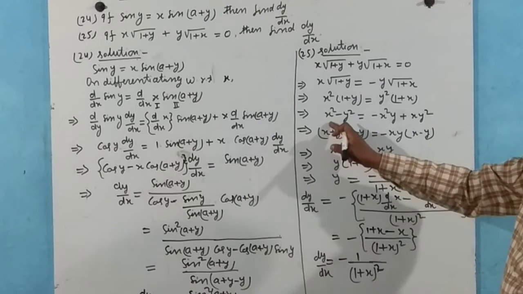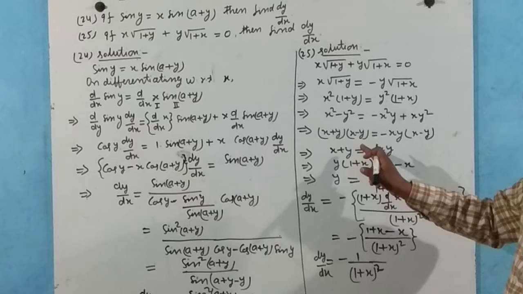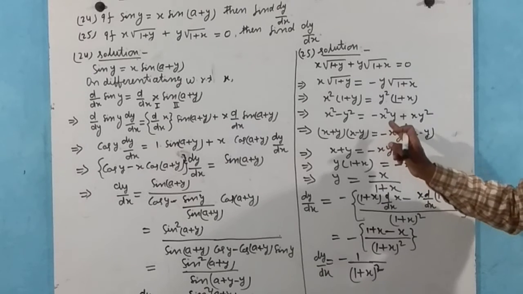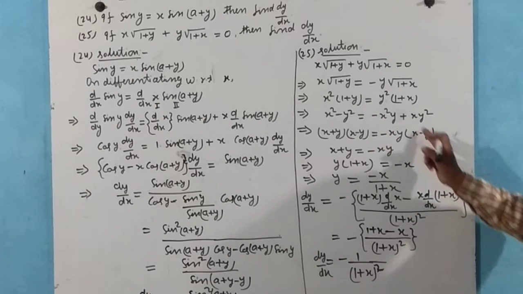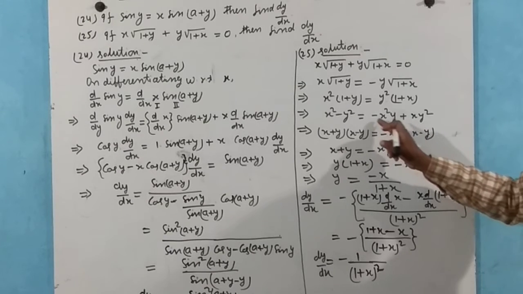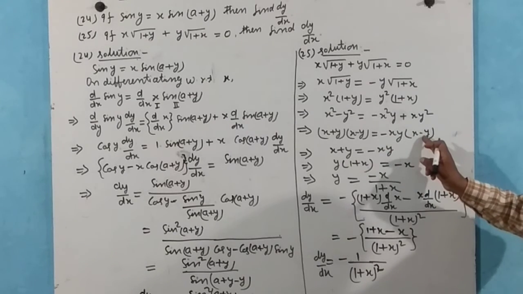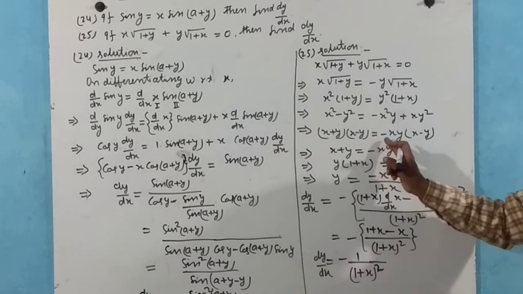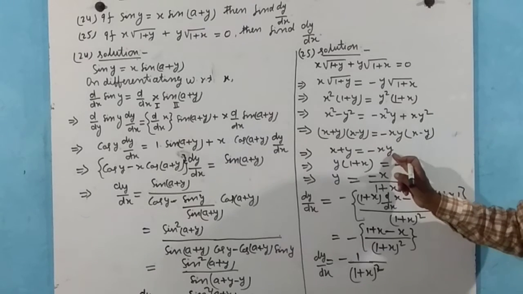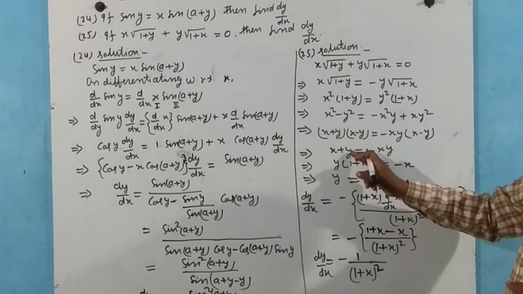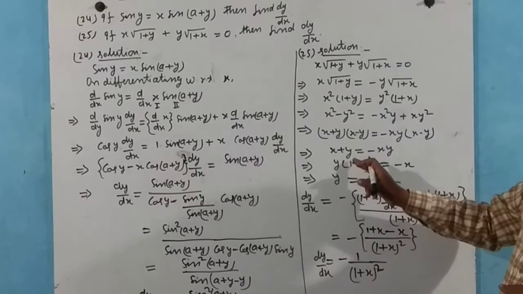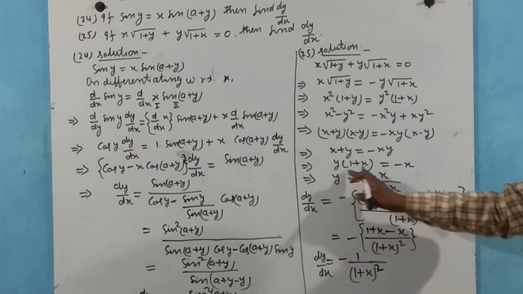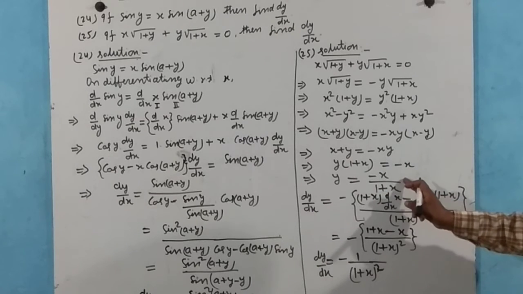Now x square minus y square equals x plus y into x minus y, and here we take the common minus xy, leaving x and y minus y, because the negative sign is taken common, so that this becomes negative. x minus y and x minus y cancel, so that x plus y equals minus xy, and after that this comes here positive, xy plus y, and this comes here with a negative sign.